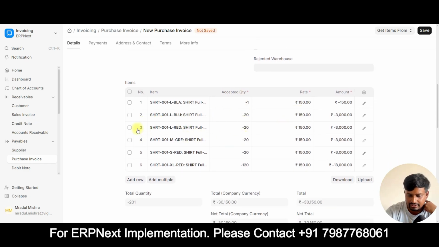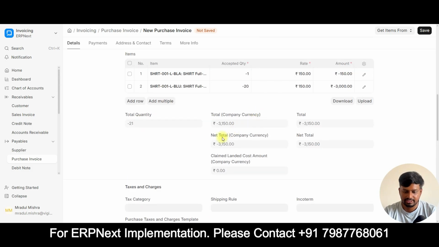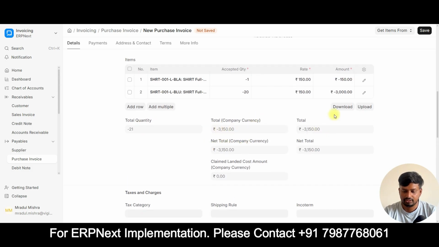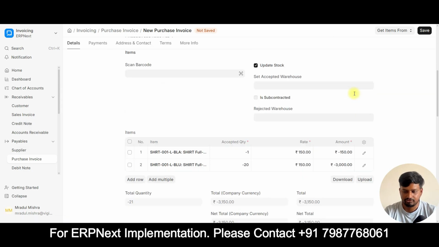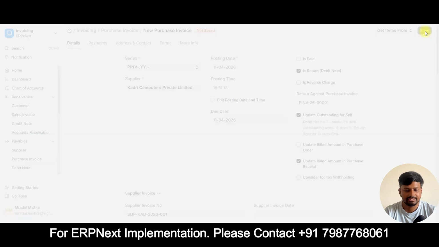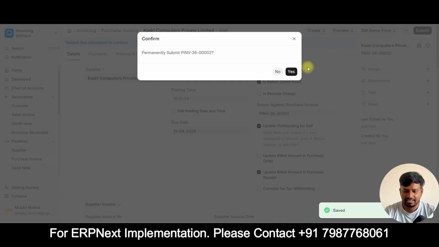I just want to return the first two products, and apart from this all the products are correct, so I'll just use them. So -1 -20 is the number. You will see that this is the total amount which I want to take in return, and this is the purchase invoice on whose behalf I am creating this. Once I click save and submit,